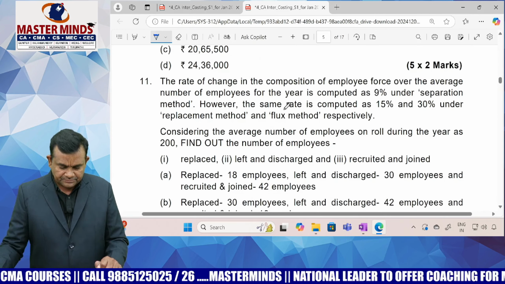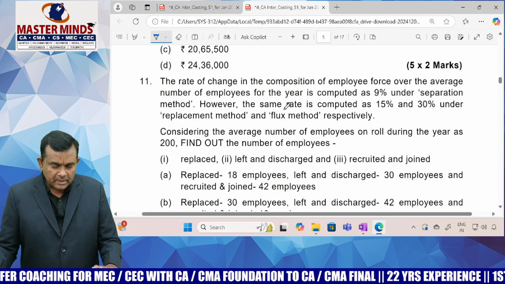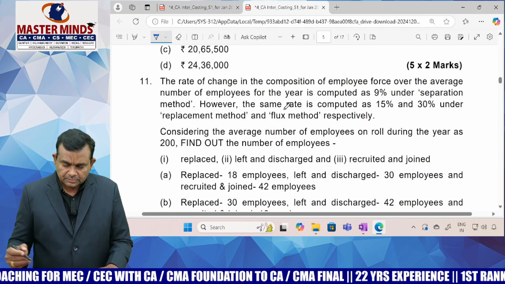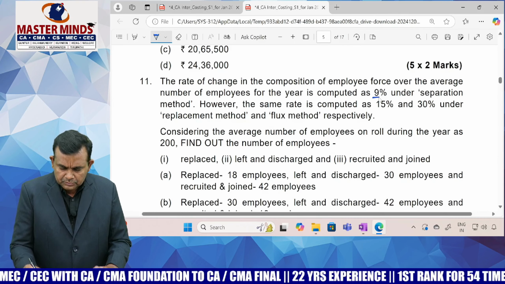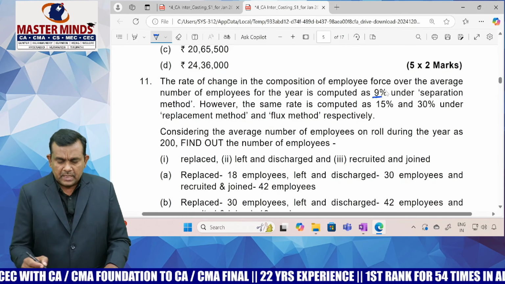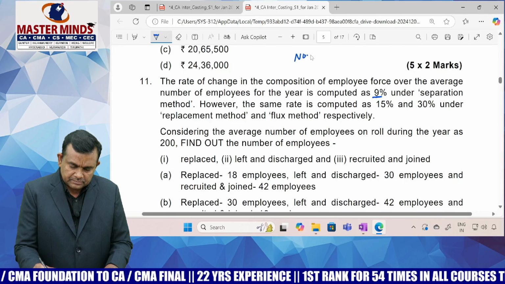So replaced, sir. How to find the number of replacements? How to find the number of left and discharged? That is the number of separations. Next, recruits and joins means total recruited or total joinings. Now, here one by one, under separation, sir, 9%. Number of separations we need to find